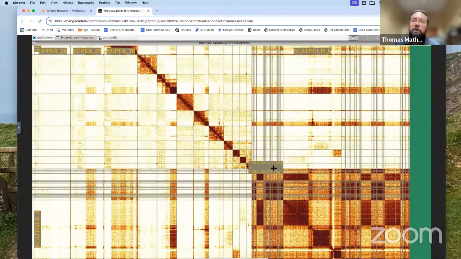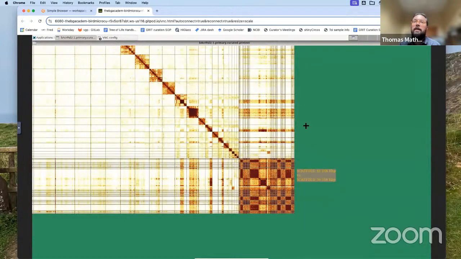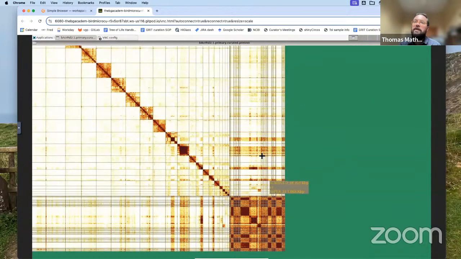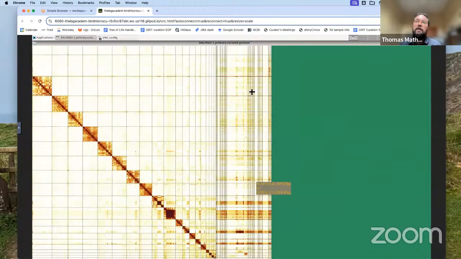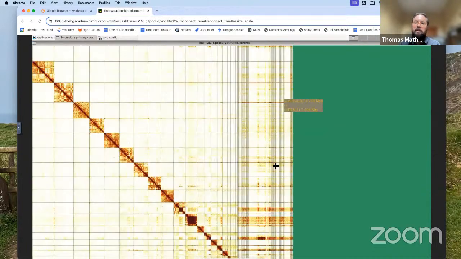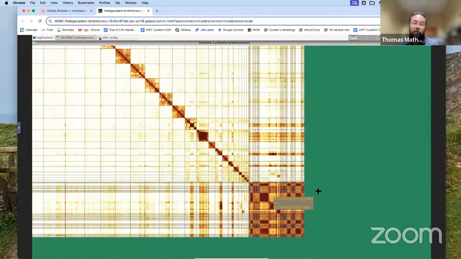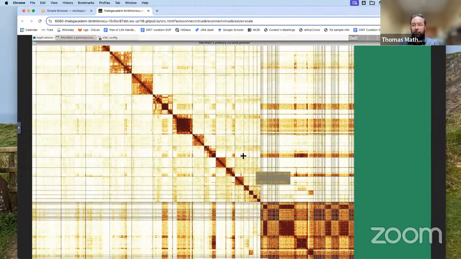But the main point is that we get the karyotype relatively easily compared to curating the hi-fi assembly. The chromosomes are much bigger and probably a lot more complete. We still have some repeat, which we can't place, at the end of this assembly. And this is just kind of hitting multiple chromosomes across the assembly. You can see the off-diagonal signal going to multiple locations. So it's not telomere to telomere, it's not gapless, but it is a significant improvement over what we see with